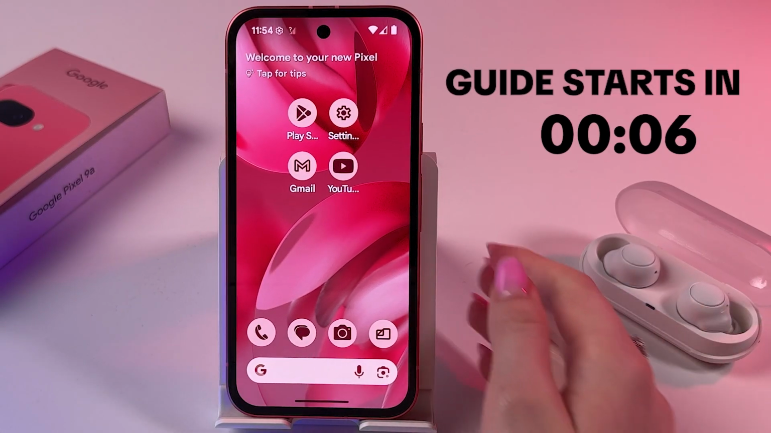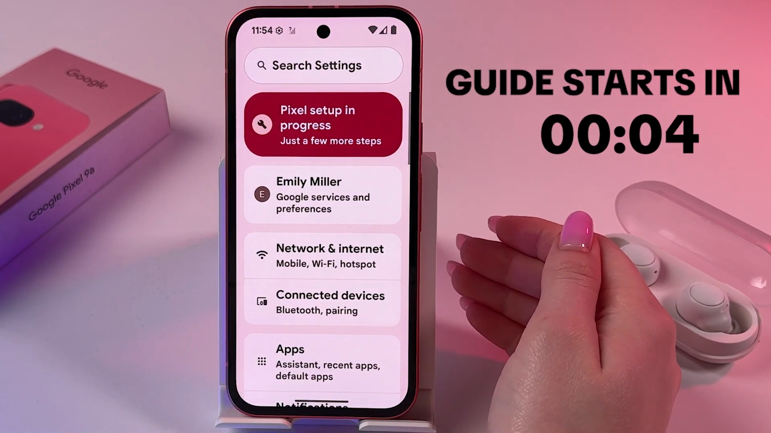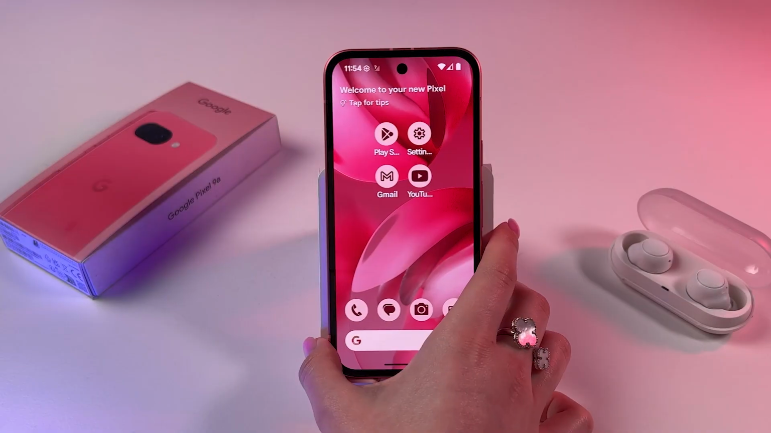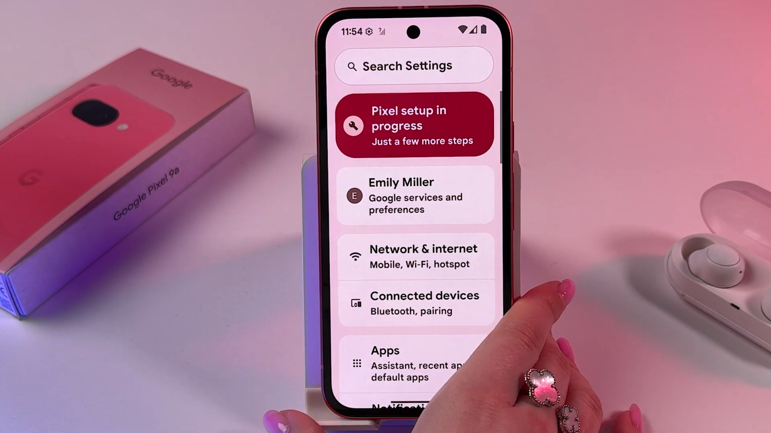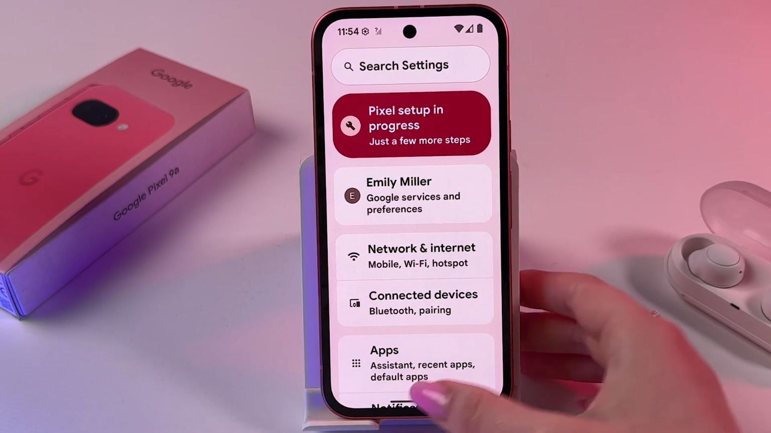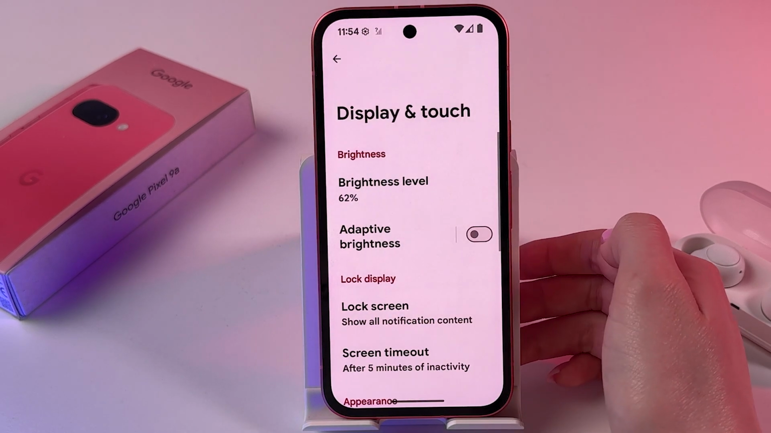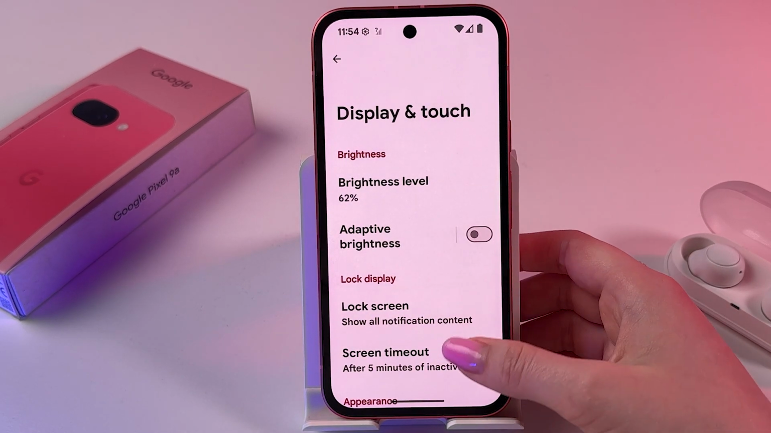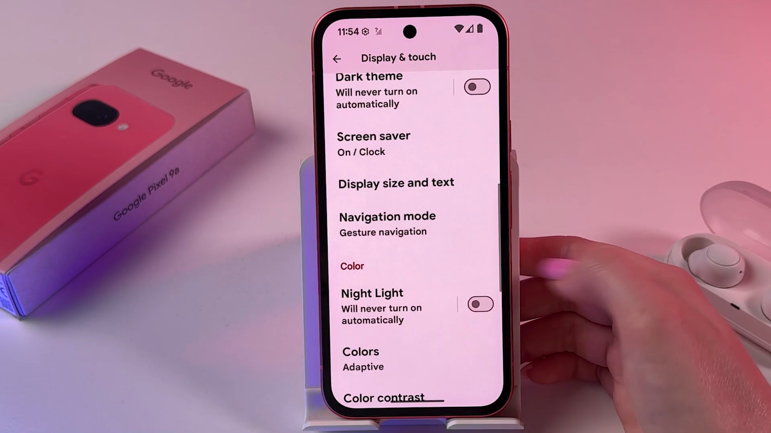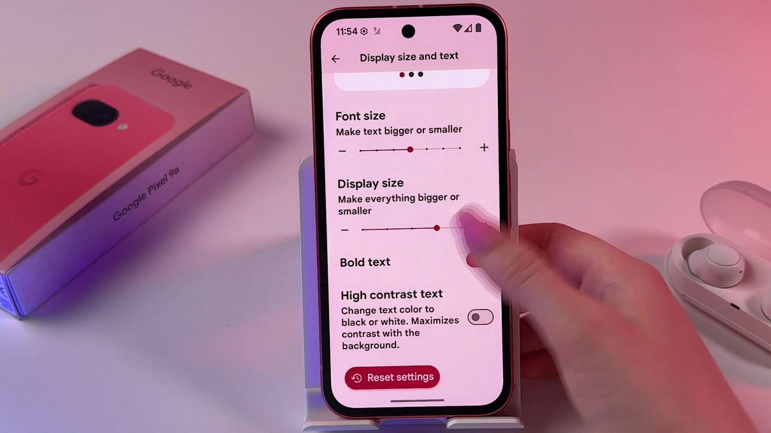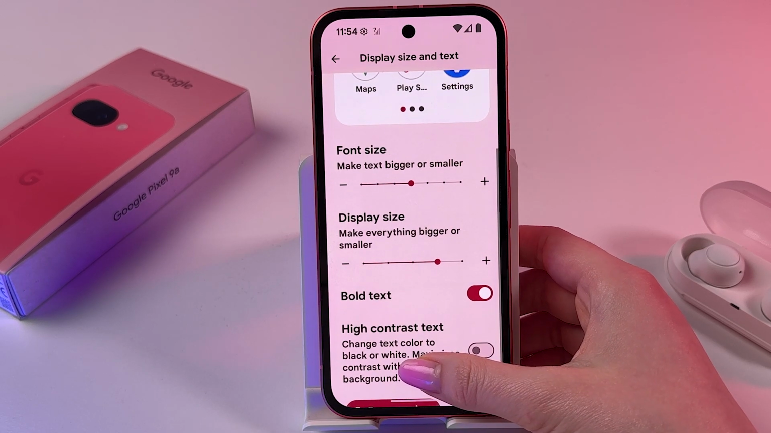Hi, I want to show you how to change font text size on Google Pixel 9a. So open up your settings first and here scroll down to find display section. Now I want you to select option display size and text, and here you can adjust font size as well